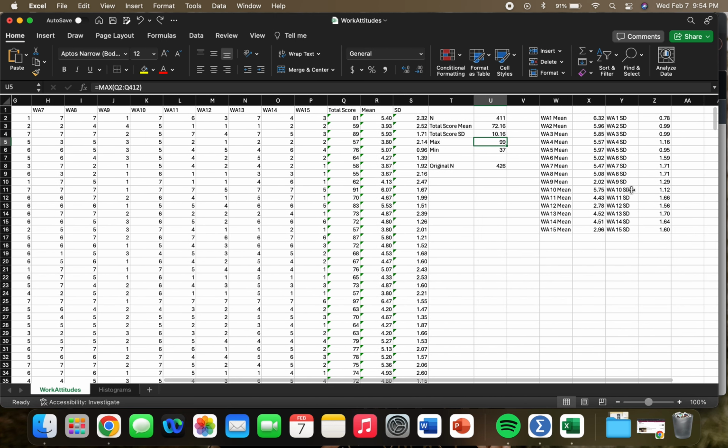Moving on to the right here, I also decided to just give a couple of brief and rudimentary statistics by item. So I have just the means by question, 1 through 15, and then I have the standard deviations as well on the right. We'll see when we get to the SPSS output in the second video, we can kind of compare these a little bit, but I already went ahead and checked, and they are pretty